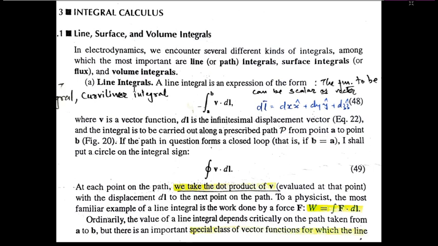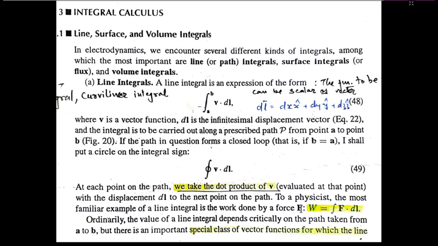And if it is a closed loop, then the line integral expression becomes an integration with a circle on the integration sign, and that represents that the path is closed. So we take a dot product of v evaluated at the point with the infinitesimal displacement dl to the next point on the same path, and this way we will understand the line integral. The easiest way to understand the line integral is with the idea of the work done